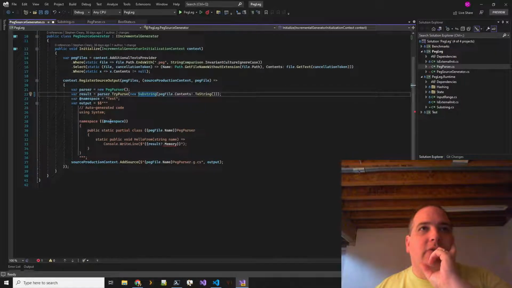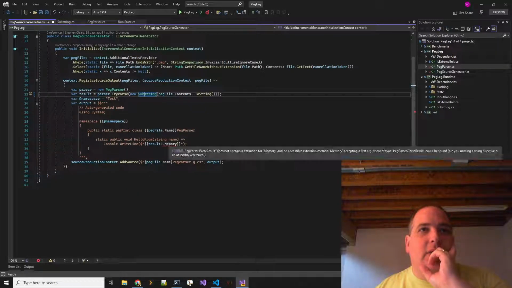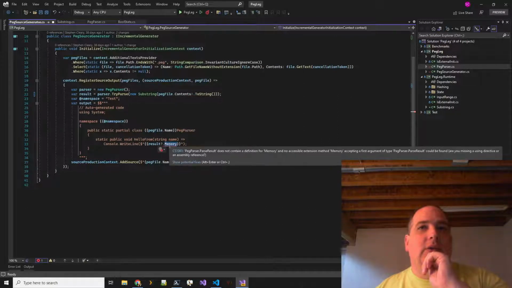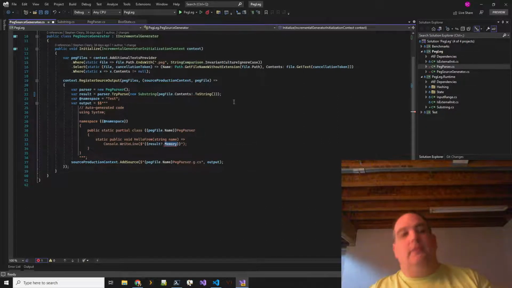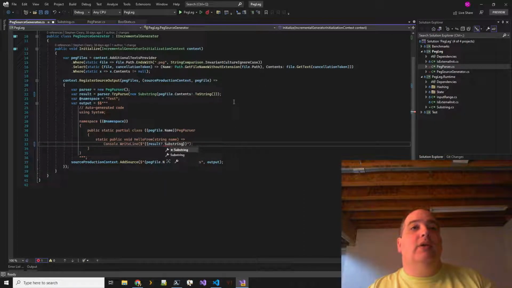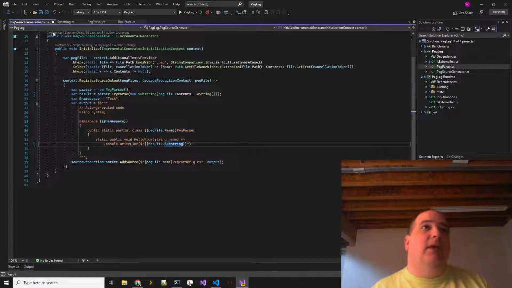Okay, and then when we get the result out from the parse, we say this is currently a, oh, right. That one's also a substring. And I probably want to override the toString on that. That's not a bad idea.